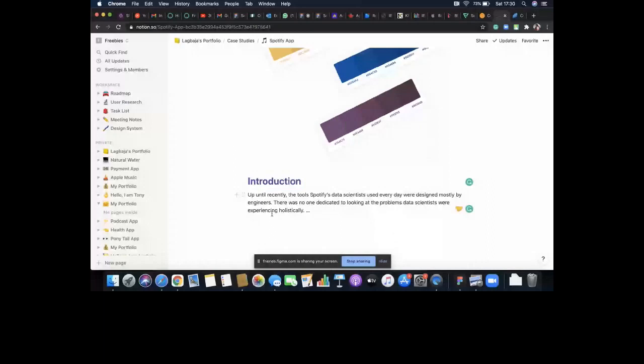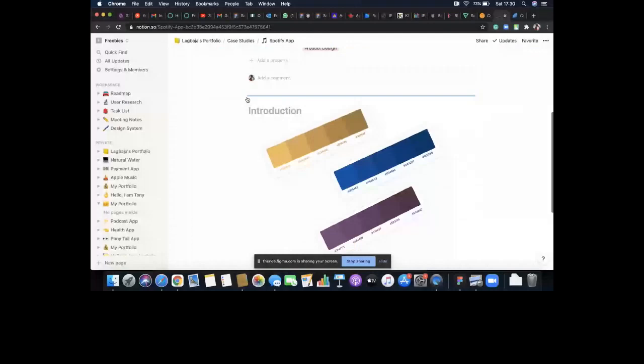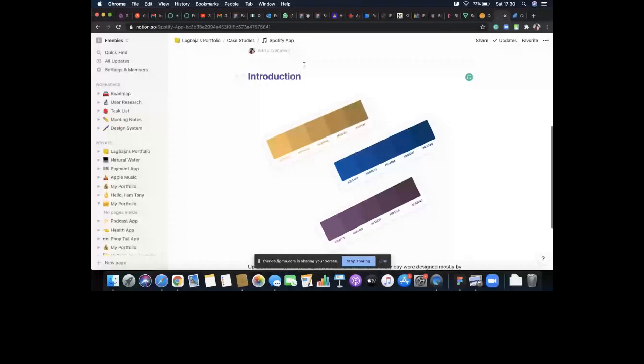I can drag and drop around this. So what I'm going to do is drag introduction to the top and let the image come down. Hold on, let me be sure that it works. Yeah, so I've dragged introduction to the top. The image is coming down. I will drag this one as well to the top and make the image come down.